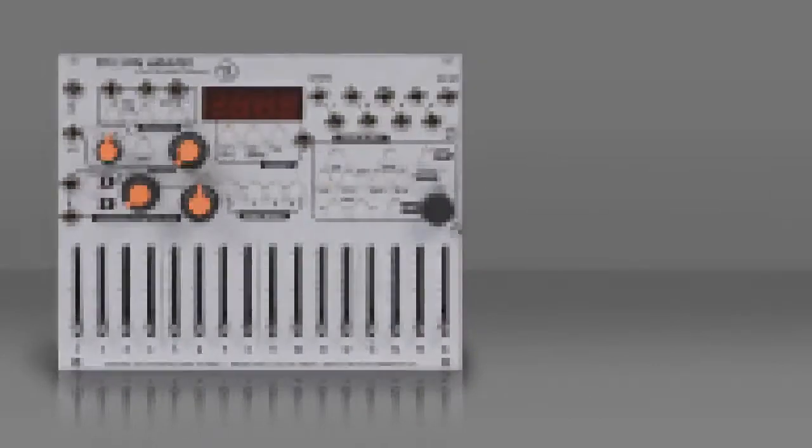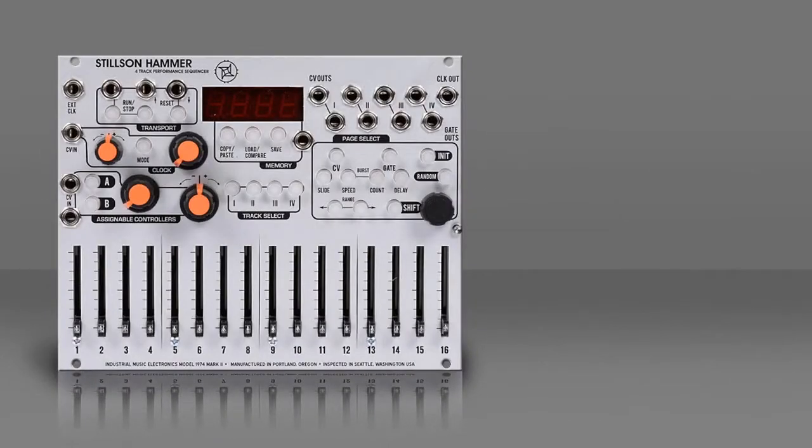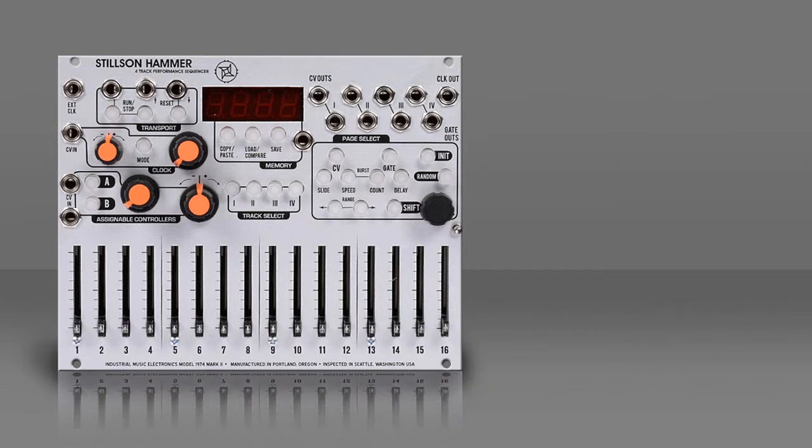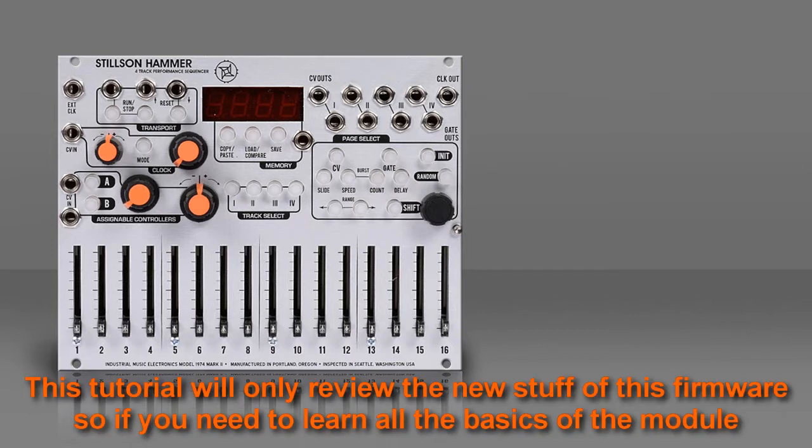Here's some tips for the firmware 2.01 of the Stillson Hammer MKII 4-track sequencer from Industrial Music Electronics, formerly known as the Harvestman. We will quickly go over the new features of this firmware and try to learn some tricks along the way. This tutorial will only review the new stuff of this firmware,